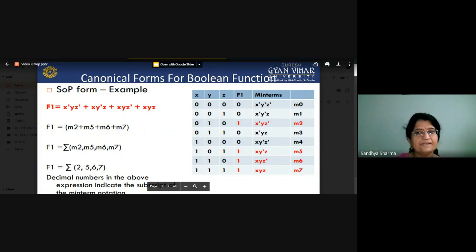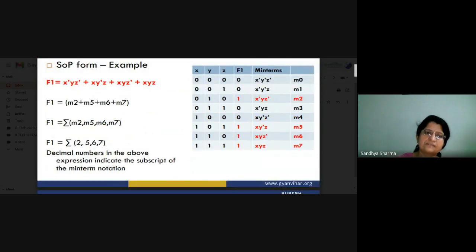So there is an 8 cell. So you can indicate it as 1 to 8. So that is equal to 2, 5, 6 and 7. So these are the numbering. So this is basically how you can convert your basic equations, or in terms of variables, what you have to notate as a sum of product into decimal numbers. Okay, so this is the first method.